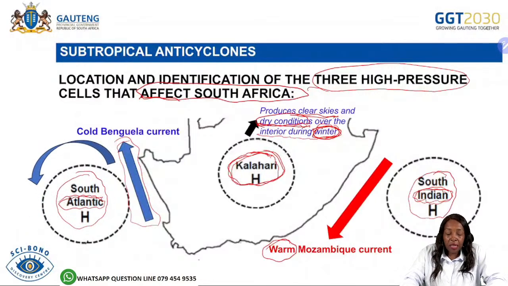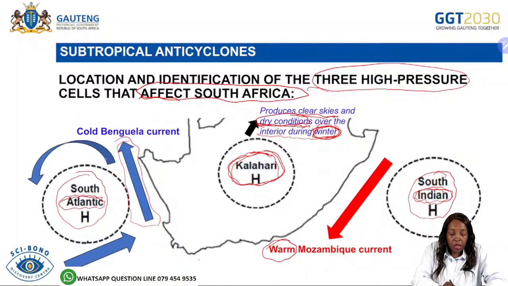Okay, then we look at the influence of the South Atlantic high pressure cell, which we find on the west coast of the country. The circulation around the anticyclones is anti-clockwise. So the air moves there anti-clockwise. That is due to the rotation of the Earth. So the anti-clockwise movement of air would then bring cold air that is picked up from the Indian Ocean. So there are cold currents that are blowing into the